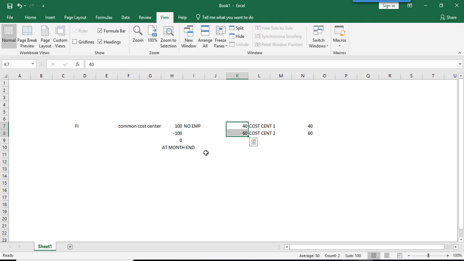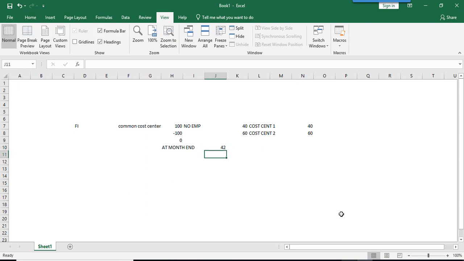When you execute the CO cycles, then system will reduce this 100 already laying balance. It will deduct this 100 and make the balance of common cost center 0. It will transfer this 40 and 60 to cost center 1 and cost center 2. For this purpose, we are going to use cost element category 42.